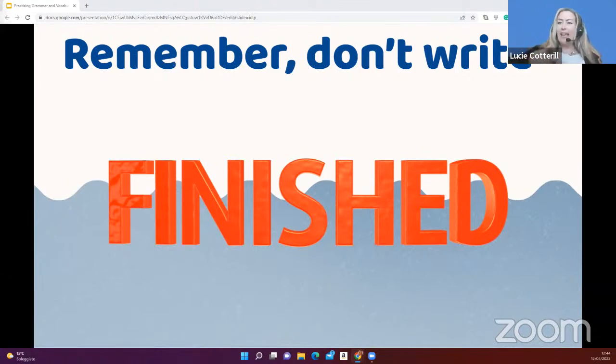But then when they have to put those images into the writing, it becomes a really good way to consolidate it and for them to use these single words in a meaningful context, which is exactly what you want. And of course, if you want, you can give them a specific kind of writing. So I left it open, but you could also say, okay, I want you to write a poem, or I want you to write a newspaper article, whatever kind of writing you want them to do, but they have to use as many of those words as possible. And of course, the winner is the group who uses the most in a coherent piece of writing. That's very important to tell them.